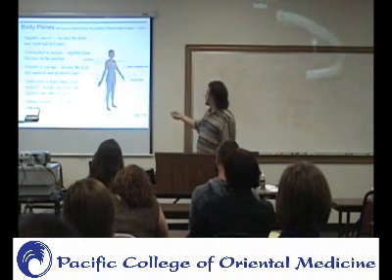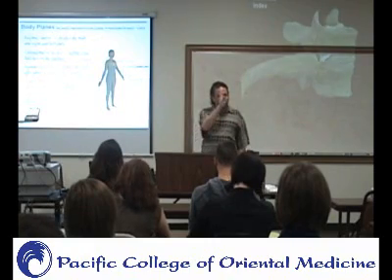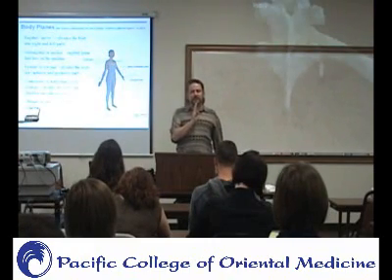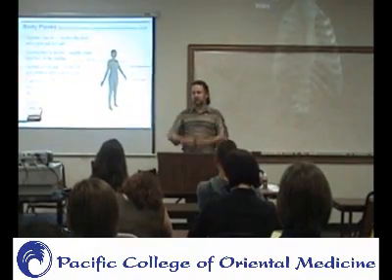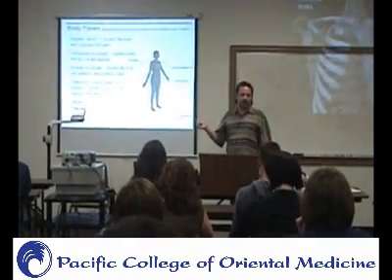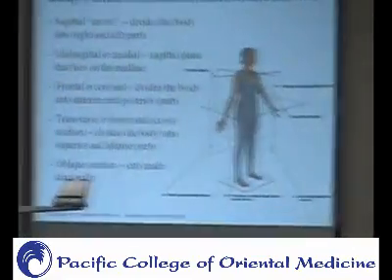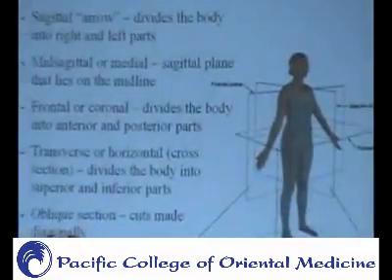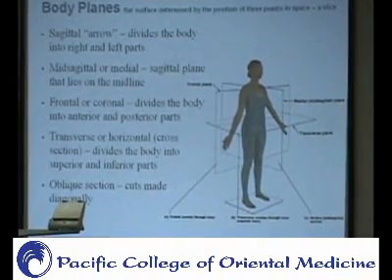should be this one here. So it's slicing the body into the right and left half. If you go right down the middle, it's the mid-sagittal plane. Anything else would just be a sagittal plane. Right? So a plane is something like, say, a sheet of plywood. Okay? There's movement in that plane. So within each plane,